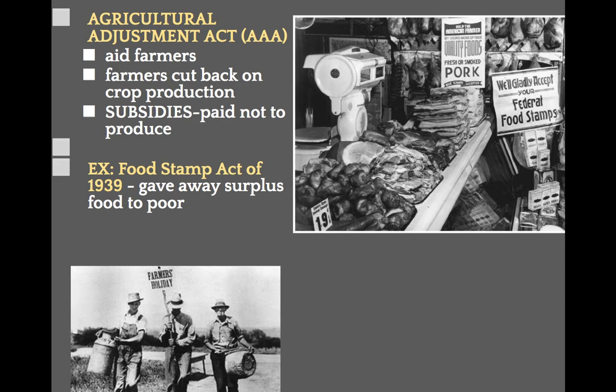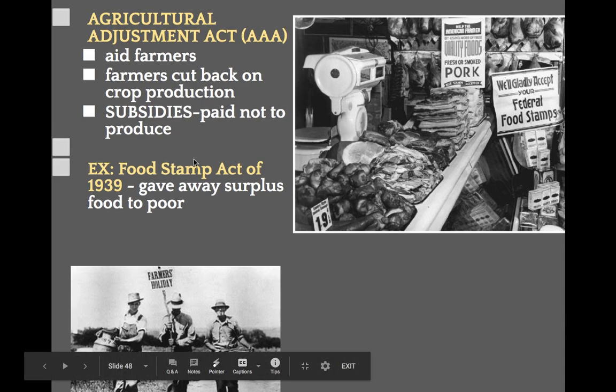When I was growing up in New York, I was related to dairy farmers, and a lot of times they would be paid not to produce milk or to pour out their milk to help regulate the prices of milk. Because milk is already pretty cheap as it is, but when it's overproduced, that price kind of drops, and that hurts the dairy farmers. So a lot of times, for example, dairy farmers would be paid to pour out the milk and not to sell it.